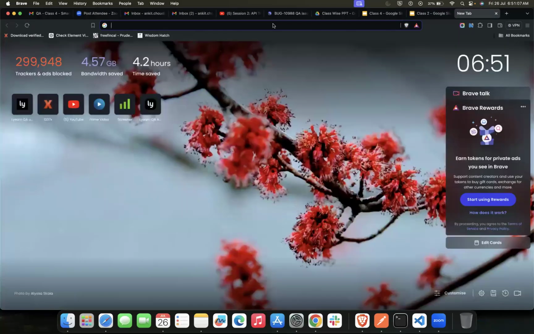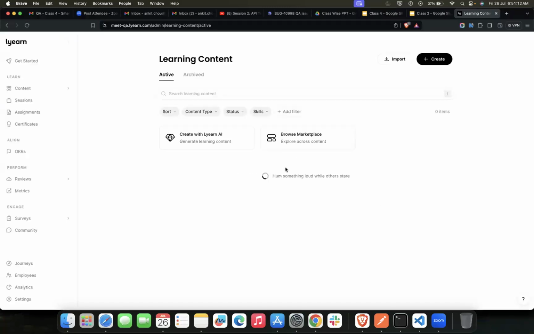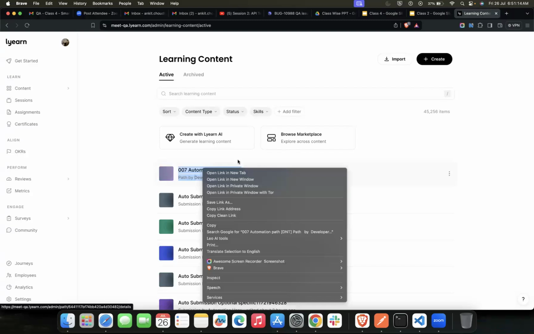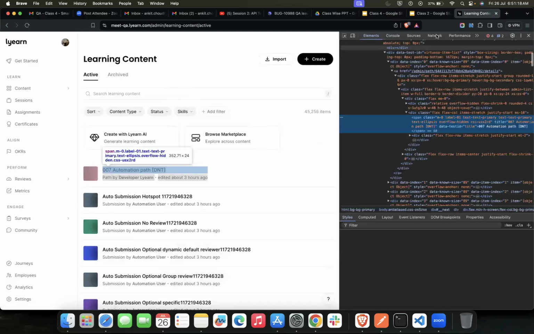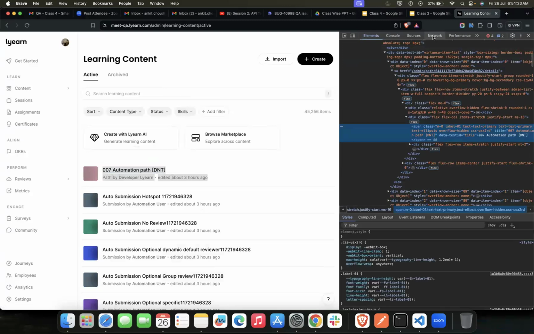Let me give you guys a different website. So now this is a different website. Now we just need to right click here and go to the inspect menu. Now you guys do see these codes, correct? Yes, those are the source codes.